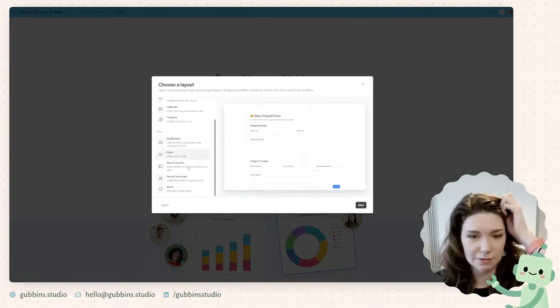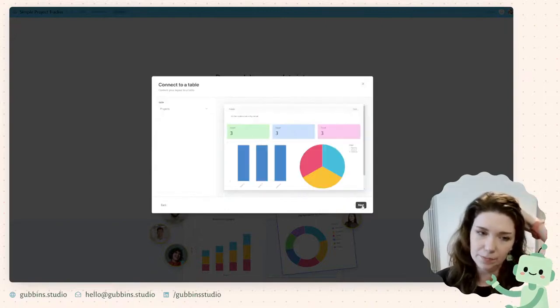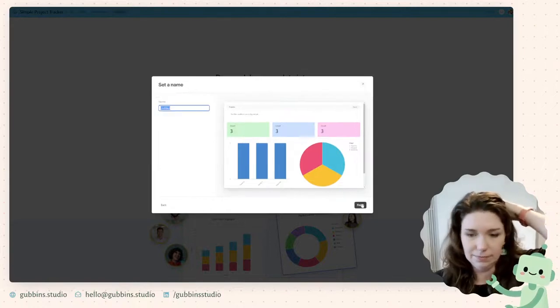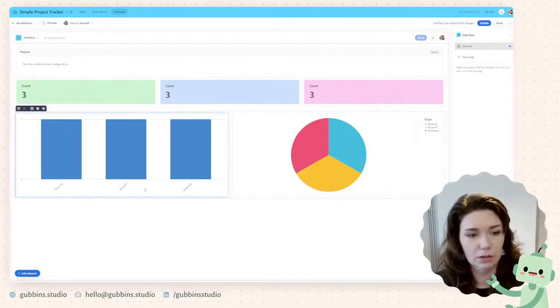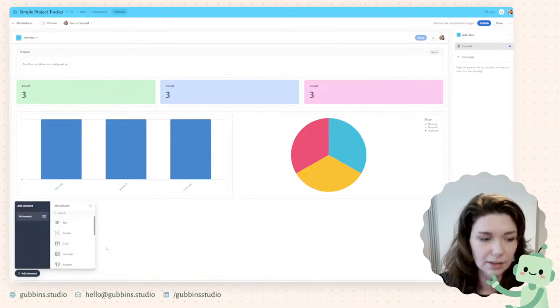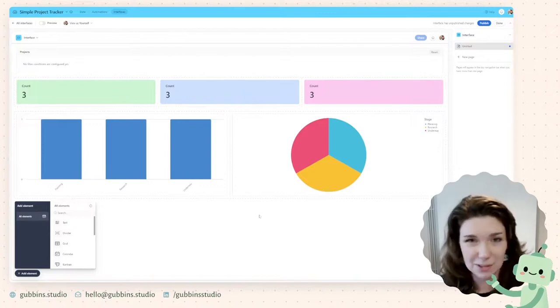You can see there's different examples of things you can do here. And then within these pages you can drag and drop and build the dashboards. You can add in different elements here. So dashboard building, I won't cover it too much just because this isn't what the video is meant to be about.